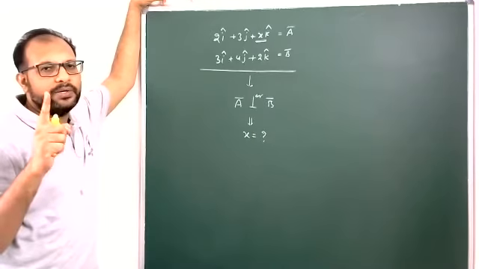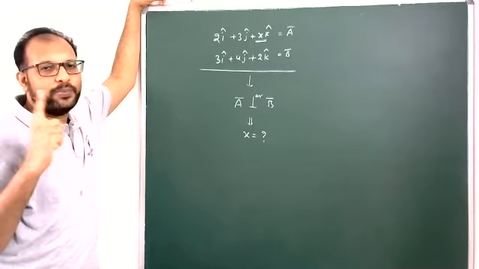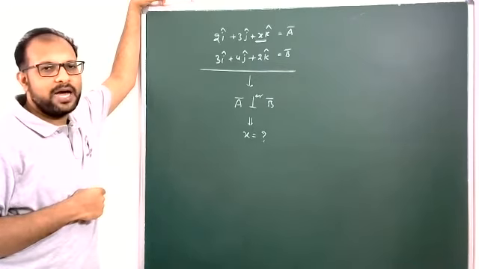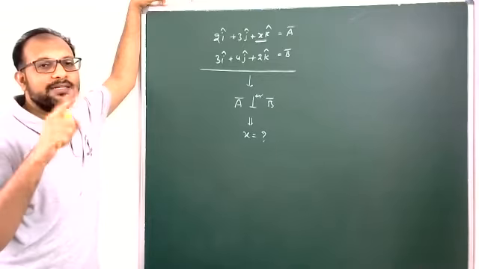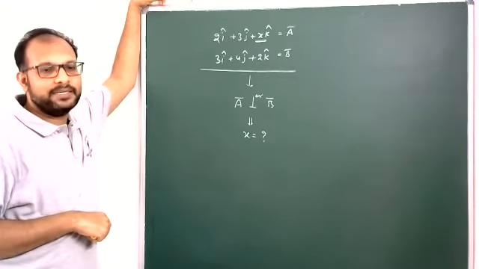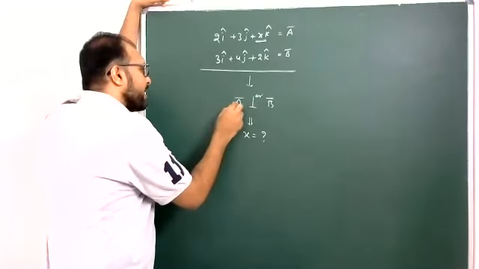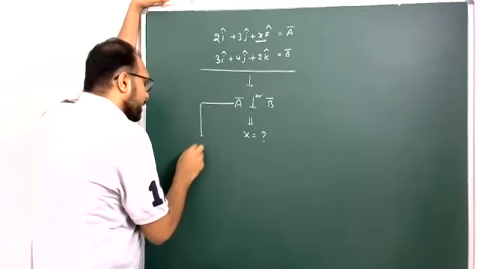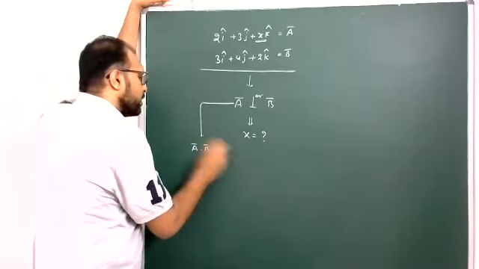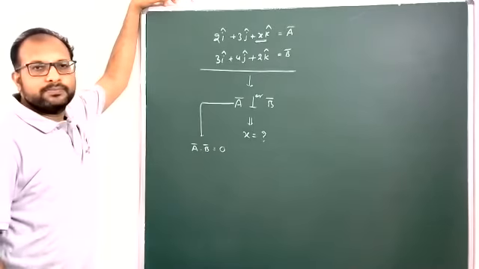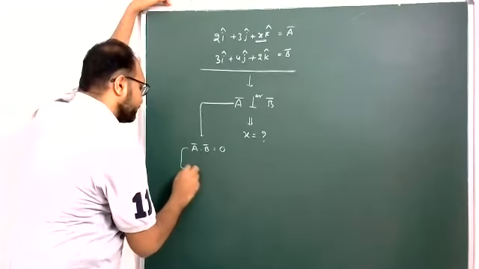Yes, students, we know two vectors are perpendicular to each other. Which product is 0? Dot or cross? Yes, dot product is 0, because in that now cos theta is there. So that's why now A bar is perpendicular to B bar, A bar dot B bar is 0. A bar dot B bar. Yes, now dot product is very simple.